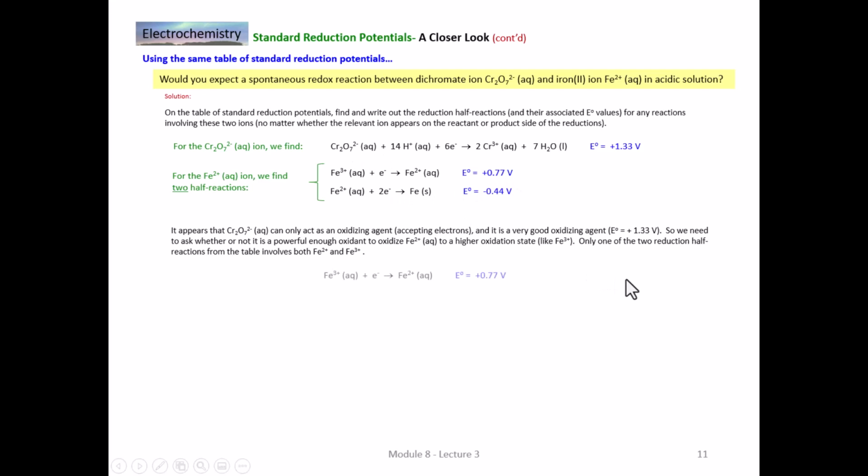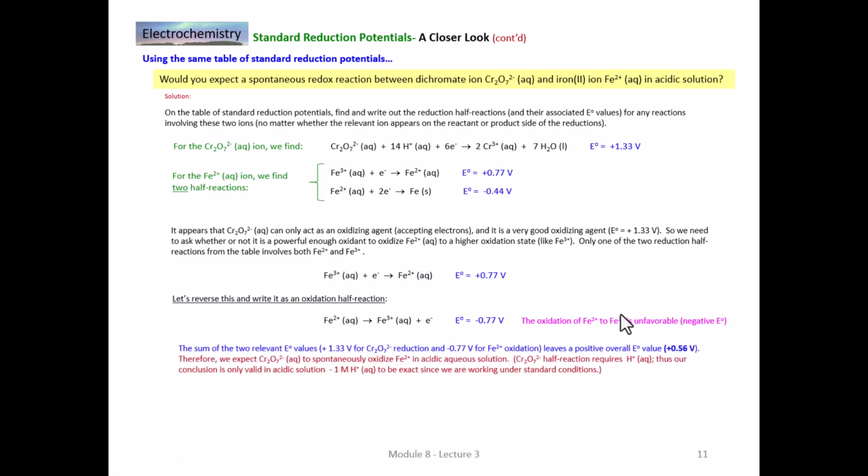So I'm going to write down here iron 3+ plus an electron going to iron 2+. That's our reaction from the table that involves iron 2+ and iron 3+. We're going to reverse that and write it as an oxidation half reaction, iron 2+ to iron 3+ plus an electron, so the potential changes sign. And so if dichromate is reduced and acts as an oxidizing agent, and iron 2+ is oxidized to iron 3+,